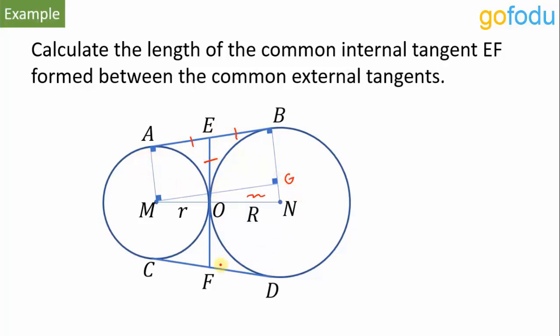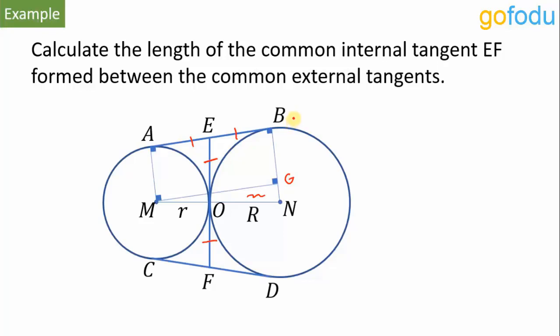Now this whole figure is symmetric about this line joining the centers. This whole figure is symmetric about MN. Whatever is above MN, the same is below MN. So OE and OF are equal. So instead of calculating EF, we can get AB and it will be the same only, right? EF is what? EO plus OF. EO, OF are all equal to AE and EB. They are all equal. Okay, all these sides are equal. So instead of EF, we can simply calculate AB and it will be the same.